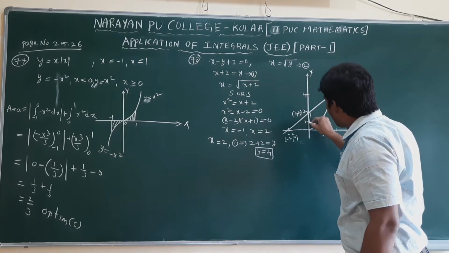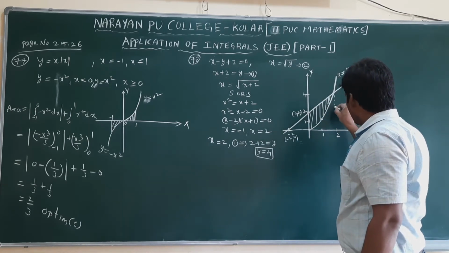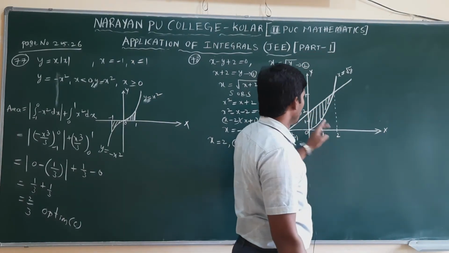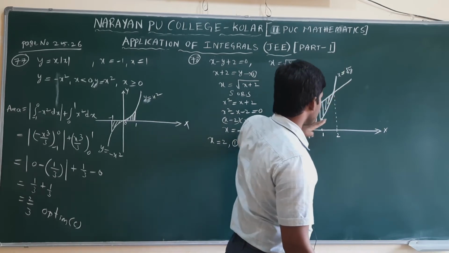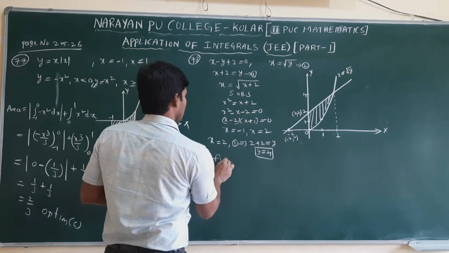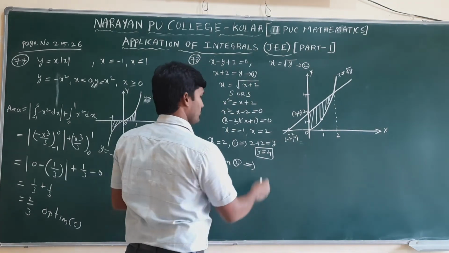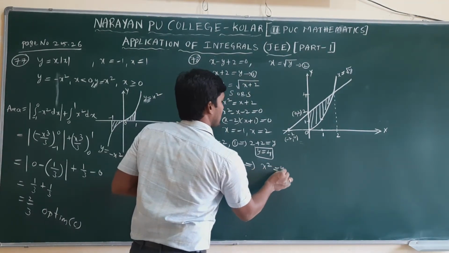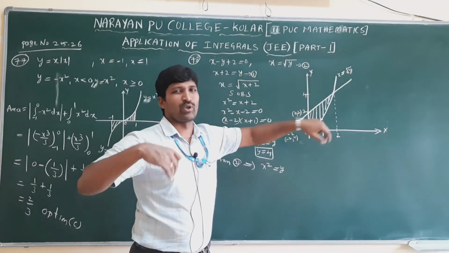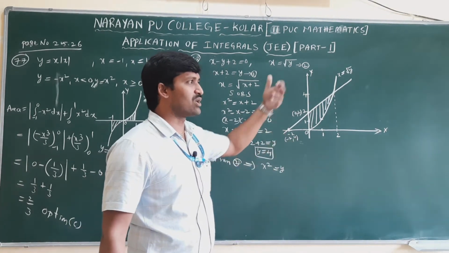Now this is the region bounded by these values. This region is from where to where? From 0 to 2, upper is a line, lower is a curve. I am doing it with respect to x, that's why from the second equation, after tracing the curve, we can change y completely in terms of x. Now x square equal to what we will get from that? y, by squaring on both sides. But while tracing the curve, don't take squaring on both sides. Nature changes. But to evaluate the area only, I am taking y equal to f of x form.